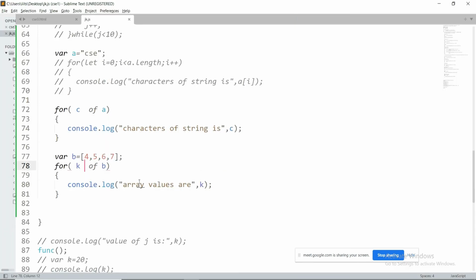If you want to go with the normal for loop, what do you have to do? First, I have to go with the index position. In addition to the index position, I need to calculate the length of the array also. So to overcome this entire burden, they moved to this for of loop.